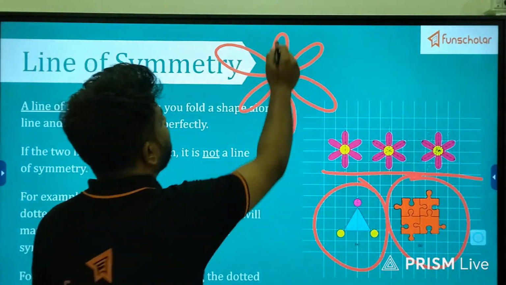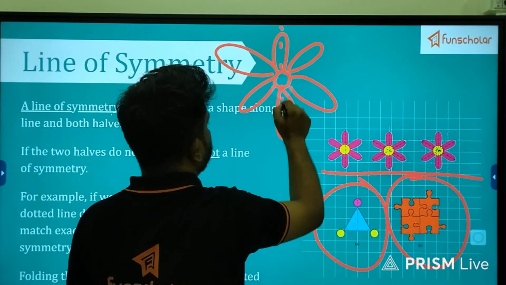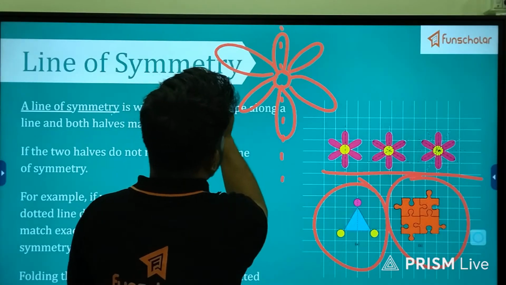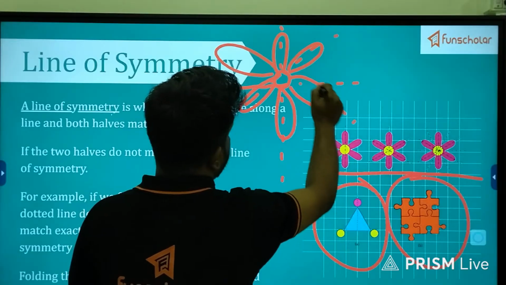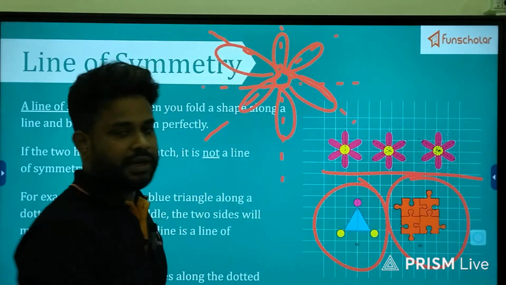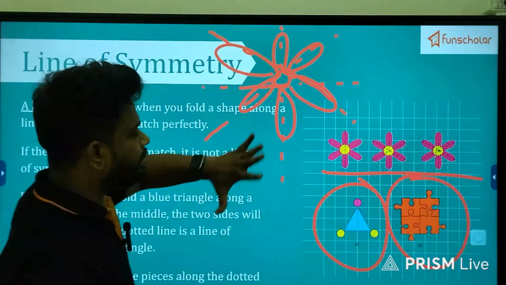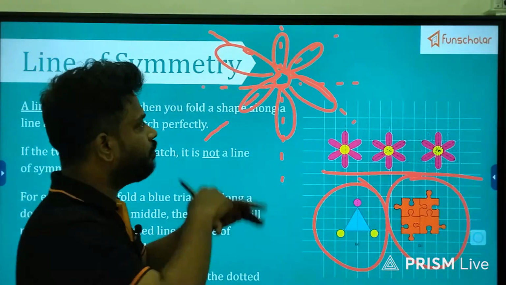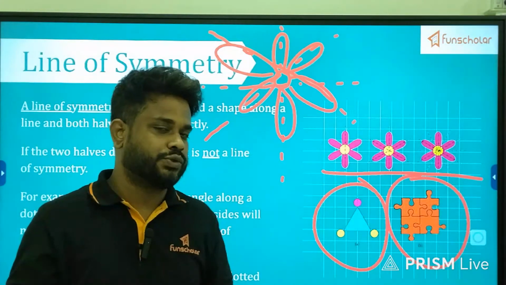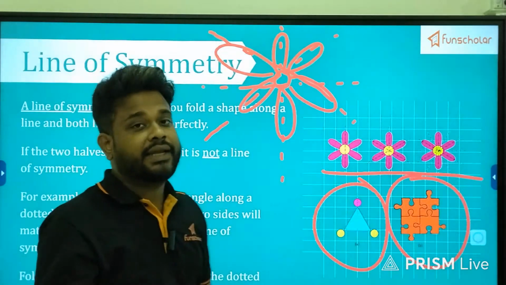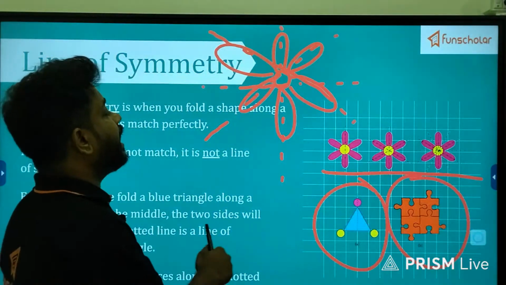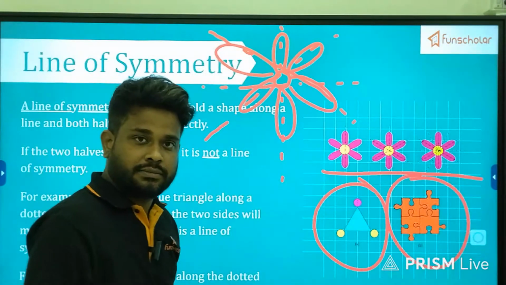okay, and if I cut it down from the middle, it will be symmetrical, it will also be symmetrical, and it will also be symmetrical. Yes, I have just randomly drawn it, not by measuring it, but if you do this in your own copy by measuring it, then you will have the lines of symmetry looking like this. Okay,